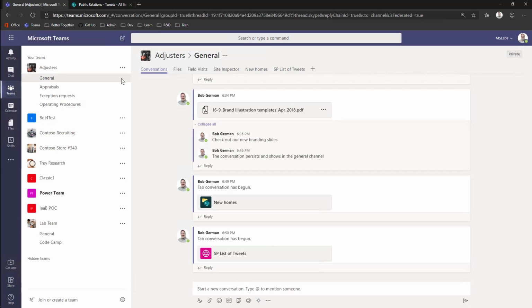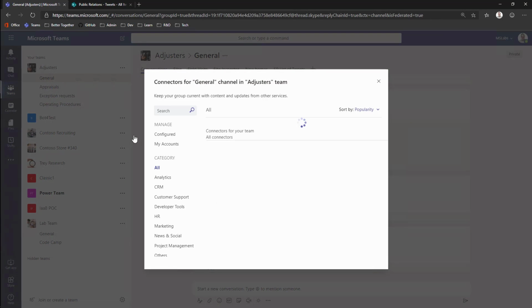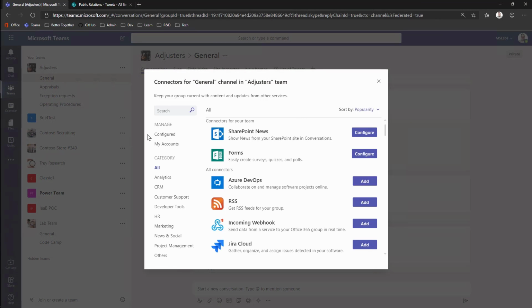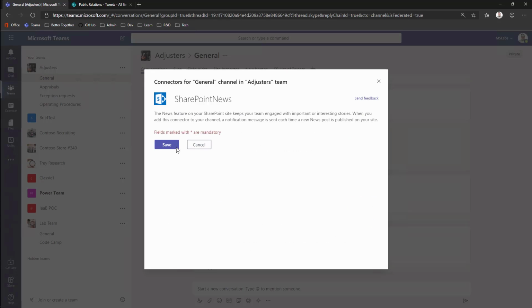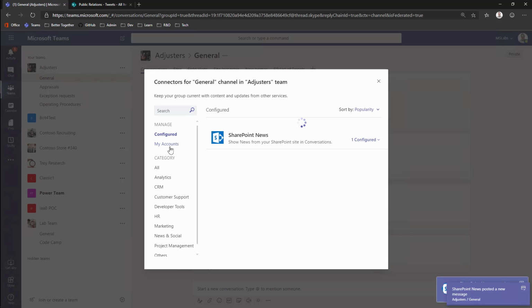Now, in addition to files, SharePoint also has a rich web page experience, and this is what we'll use to create the news inside of the lab in Exercise 2. I'll start by creating a connector. So connectors are a way of sending information from an external source into a Teams channel. And in this case, I will use the SharePoint News Connector, which will notify the Teams channel when a new news article gets published. So there's not a lot to do here except click OK a couple of times,